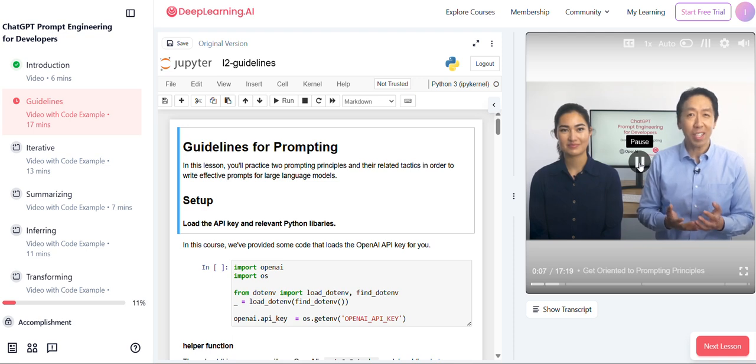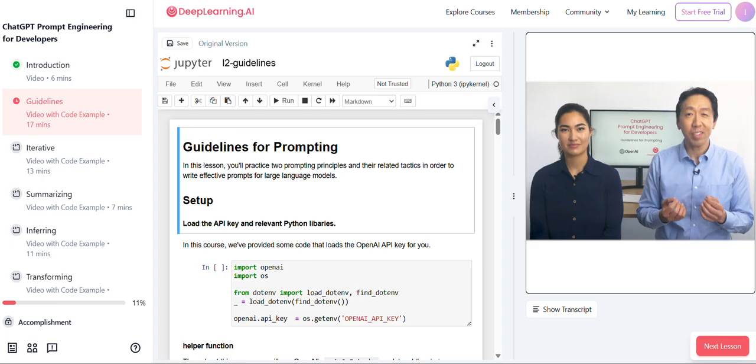Isa will present some guidelines for prompting to help you get the results that you want. In particular, she'll go over two key principles for how to write prompts to prompt engineer effectively. And a little bit later, when she's going over the Jupyter Notebook examples, I'd also encourage you to feel free